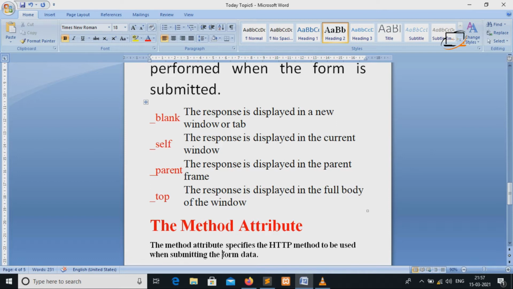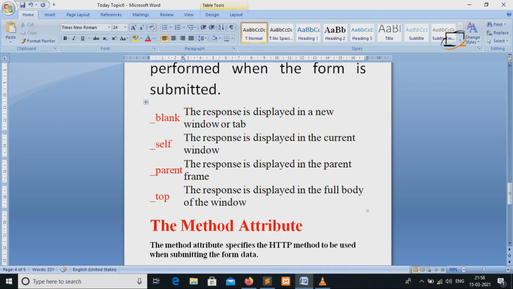With parent, the response is displayed in the parent frame. With top, the response is displayed in the full body of the window.